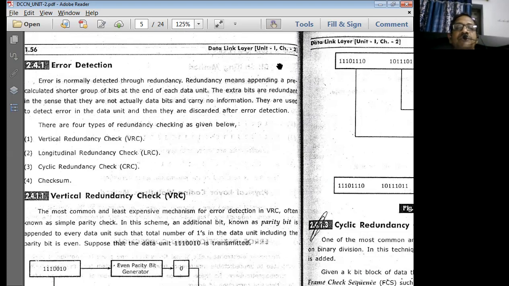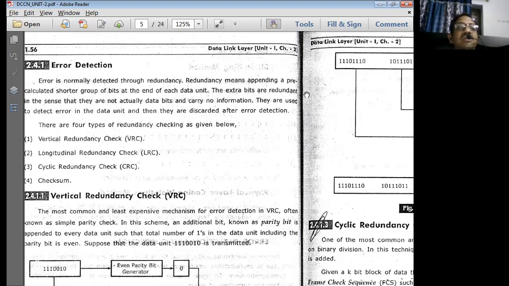We have to figure out what these redundant bits are going to be, based on the method we use. If you are looking at parity checking, even parity or odd parity, we normally have one bit. Or, for a group of bits, you apply some mechanism to find a certain group of bits, and those bits are transmitted at the end of the data you normally transmit. Let us see all these things in detail, one by one.